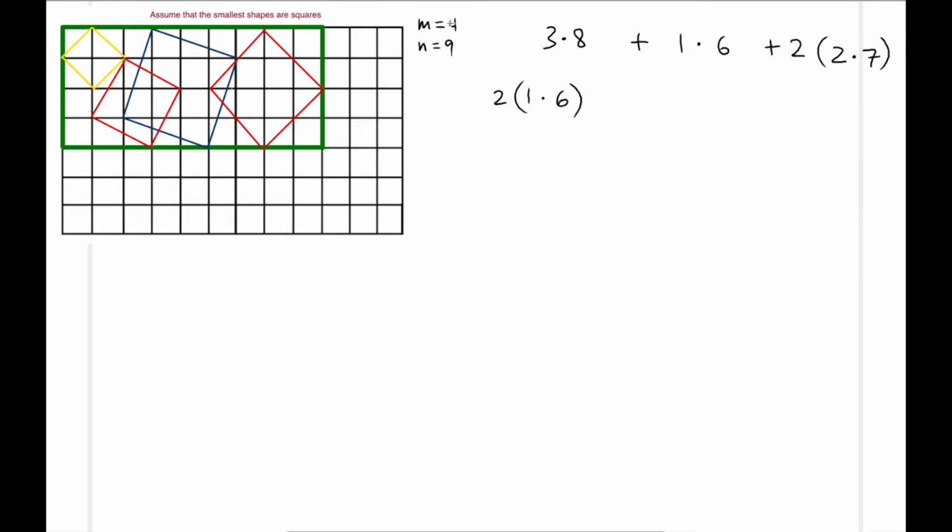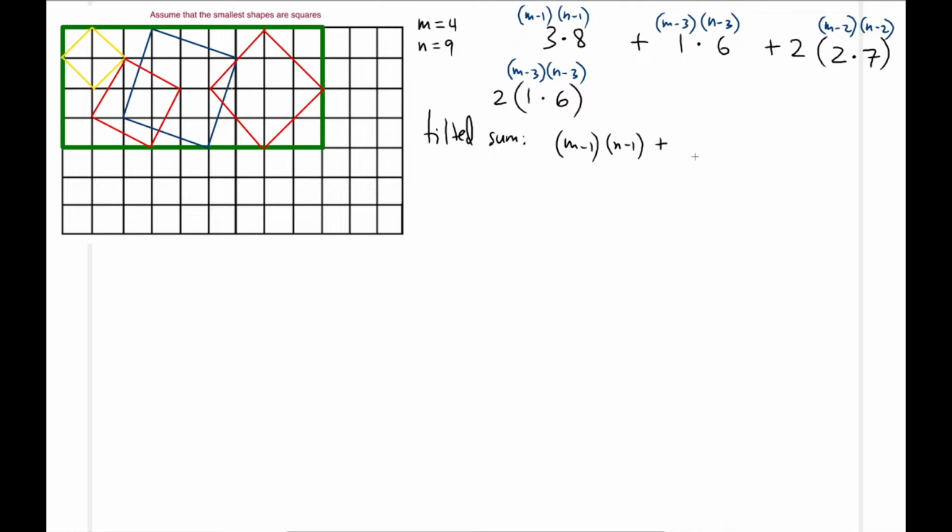So now, letting m be equal to 4 and n equal to 9, we can express these numbers like this. It will help you understand what the tilted sum is going to be. Notice this is, again, only the tilted sum. There is a pattern if we write them down and combine them. There is m-1 times n-1, and only one product like this, right? So we can write (m-1)(n-1) plus. Now, how many (m-2)(n-2) are there? Two only, right? So we write 2